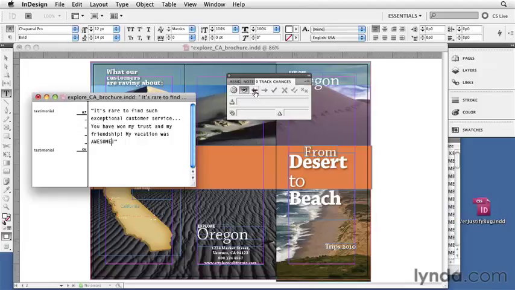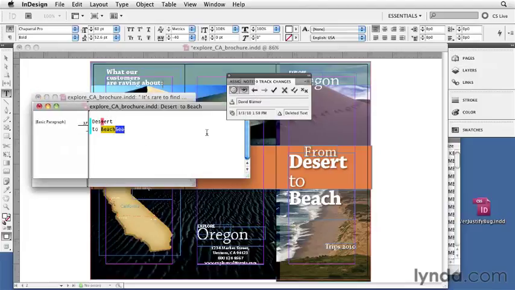Let's go ahead and find another one by clicking the previous change button. Here's another one that was changed by two different people. Looks like Joe Editor changed dessert to desert, and I changed sea to beach. So those are options that I can change. Now, it looks like the Joe Editor edits are pretty reliable. I seem to want to accept most of his, and want to go ahead and just accept all of his